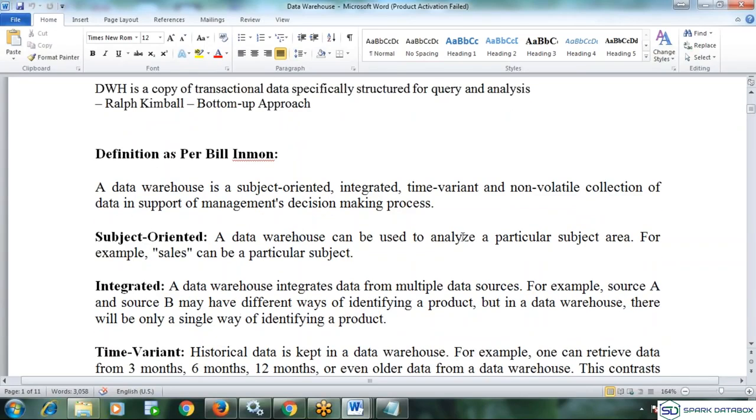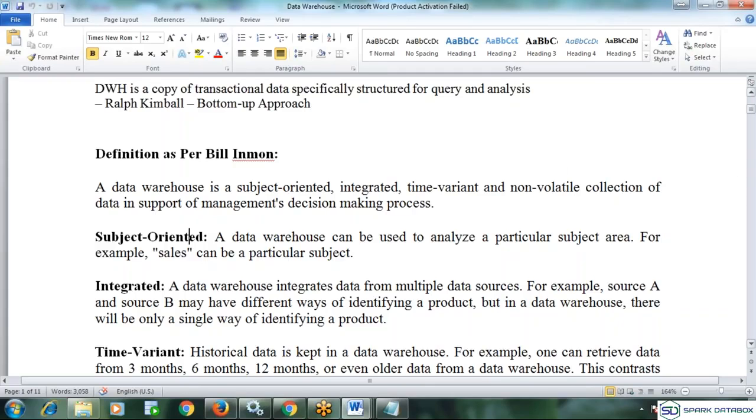A data warehouse can be analyzed for a particular subject area, for example, sales. So it can speak about any subject, a complete organizational view. As a complete owner of my business, I can see anything. That is subject-oriented.